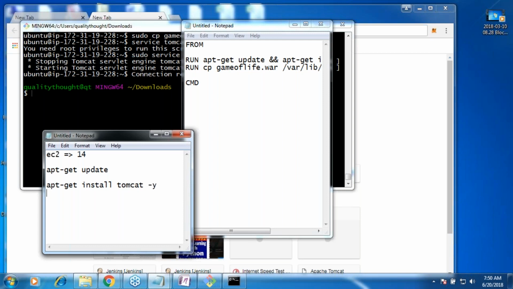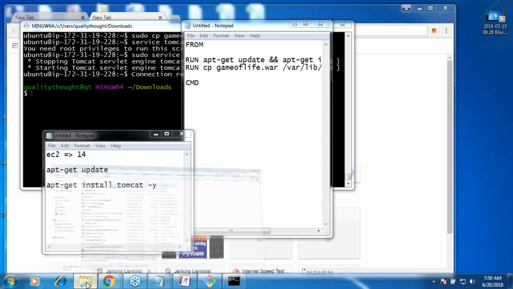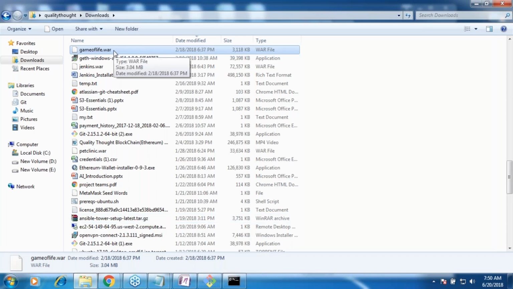And now, after this, I took an application called Game of Life. Game of Life is a Java application where developers write code, and when you build the code, what you get is a war file. That is what I was trying to show in the download. Now this war file is on my Windows laptop, and my Tomcat is on AWS, so I should make it available on that machine.